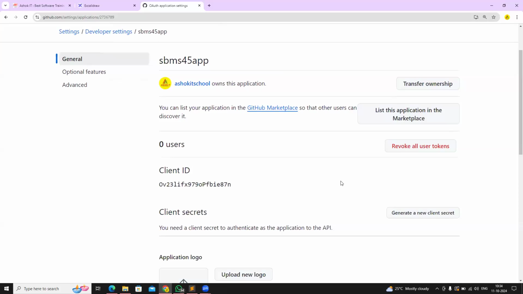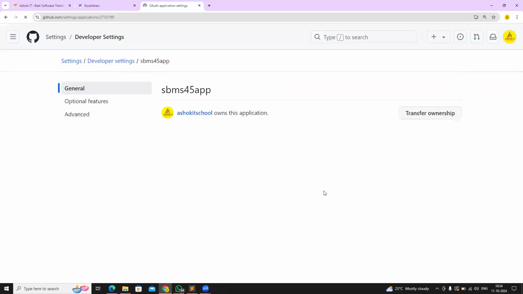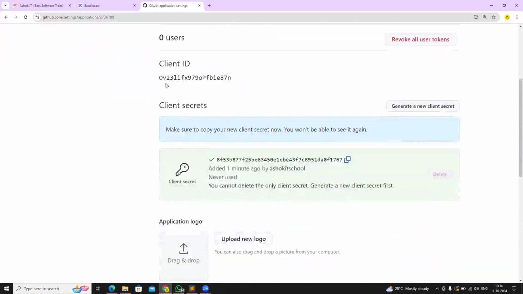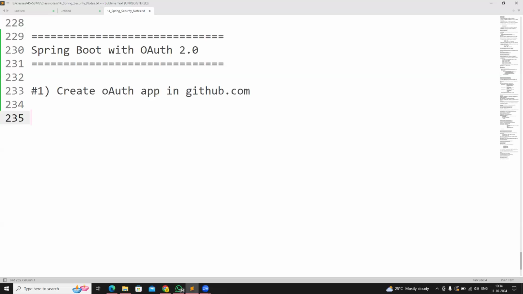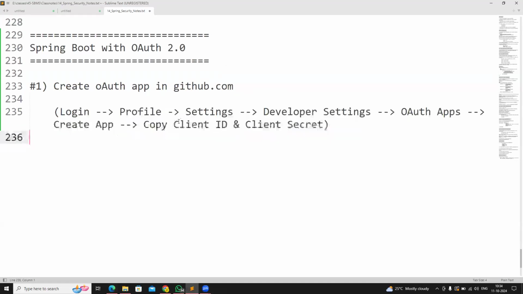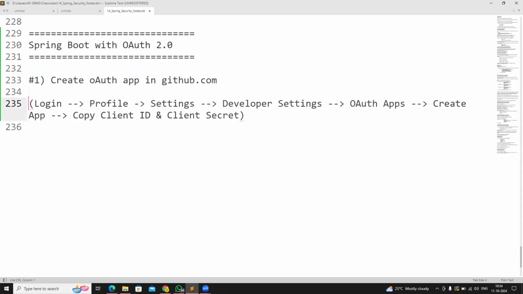When the OAuth application is registered, it generates a client ID and a client secret. So the client ID is generated, and the client secret is generated. We need this client ID and client secret, and we need to configure them in our application. So this is the procedure to create the OAuth app in GitHub: log in to GitHub, go to profile, settings, developer settings, OAuth applications, create the application, copy the client ID